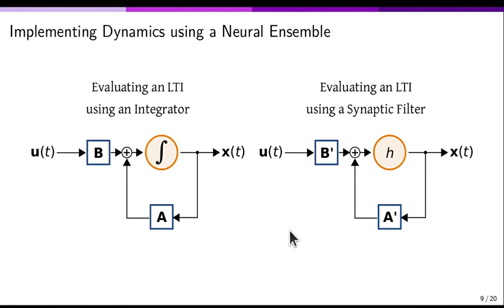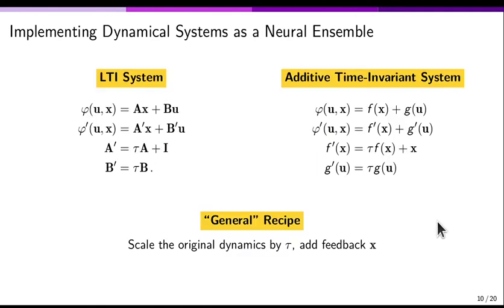Lots of different things I can do with that. So one, if people have taken control theory or dynamic systems sorts of things, there's a whole field of people doing control theory and systems where they're defining different systems in terms of differential equations, right? Really what we're doing here is instead of building up differential equations based on integrators, we're building up differential equations based on whatever my synaptic filter is. Right? So it's just a mapping of that control theory and systems dynamics stuff, if people are familiar with that. And the mapping for the special case of a synapse being a low-pass filter is really straightforward. And basically all you're doing is scaling the dynamics by tau,